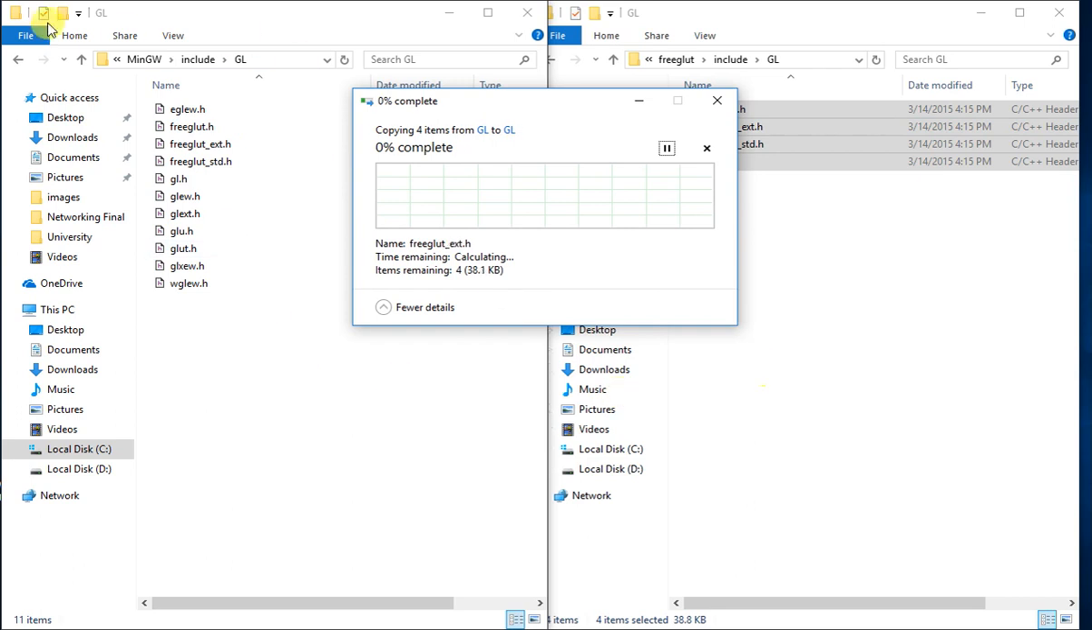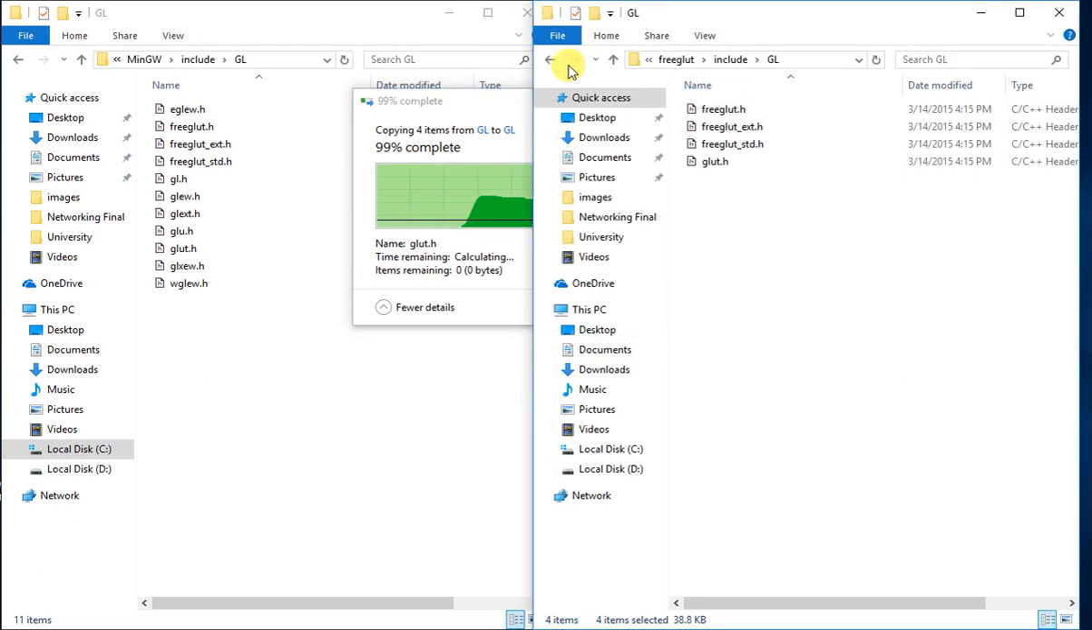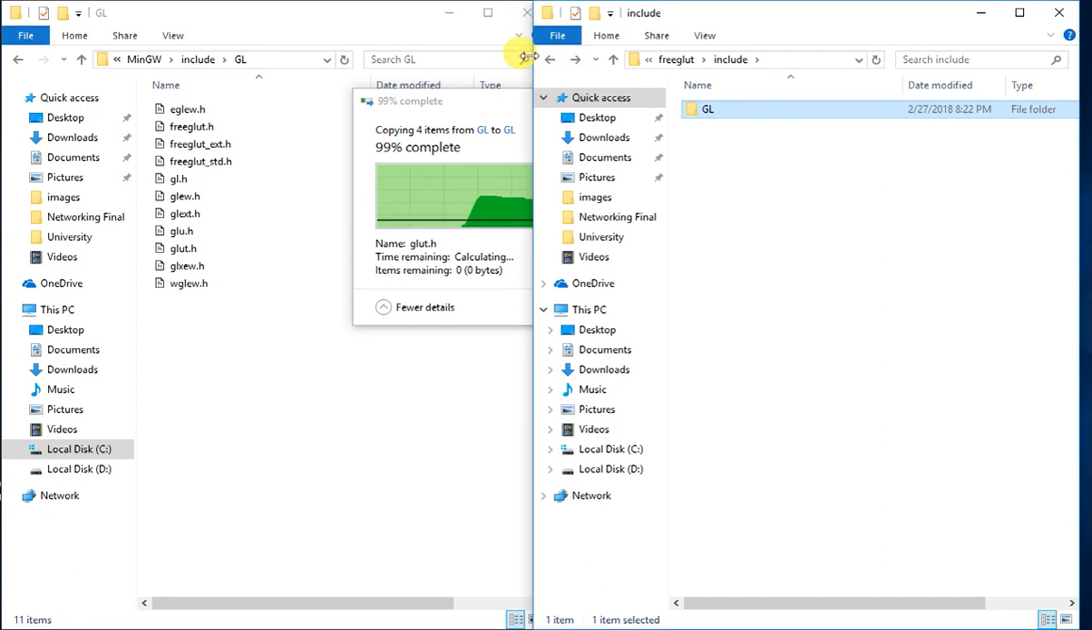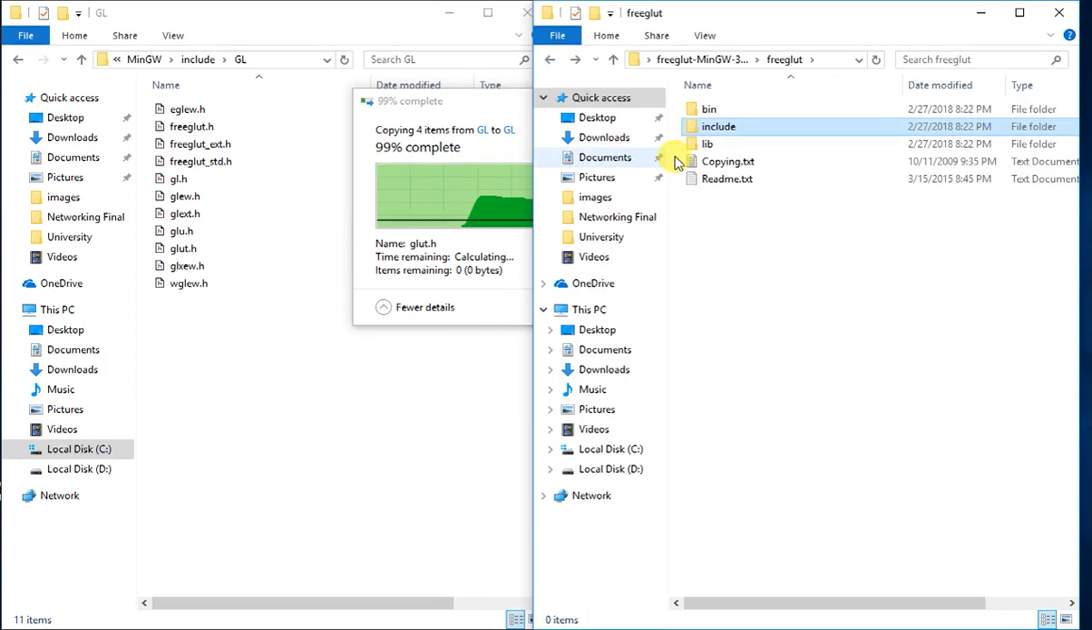So once it is copied, the next thing is there is only one folder left in the freeglut folder. Let me show you. Click on back, one step back again, and you see a lib folder. Just open this lib folder,